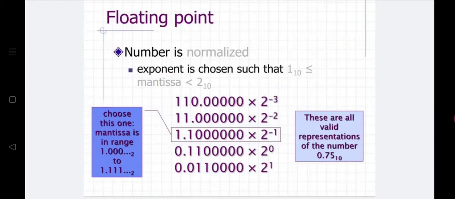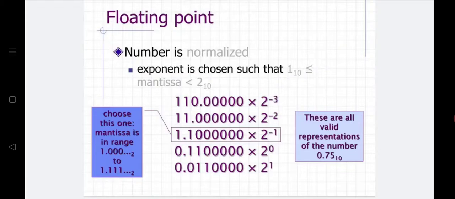Whereas in the third notation, only a single 1 is there towards my integer part, whereas the rest I have thrown towards my right part, that is the fractional part. When I throw towards my fractional part, based upon my values, the power of 2 can be minus 1, minus 2, minus 3, or it can be plus 1, plus 2, plus 3. Okay, so based upon my given number.